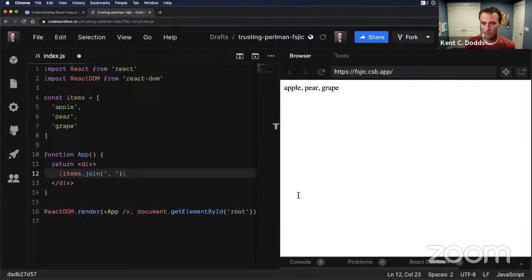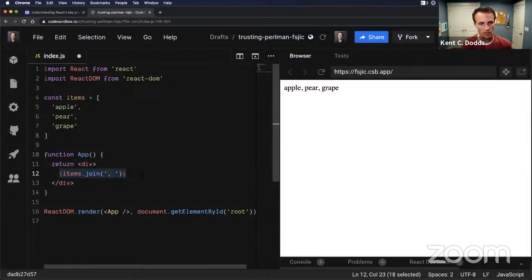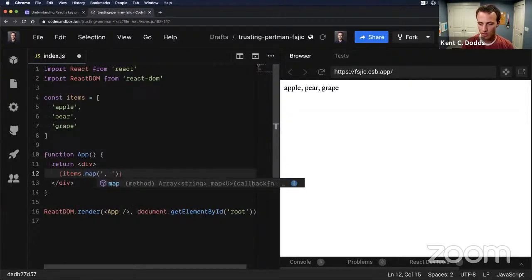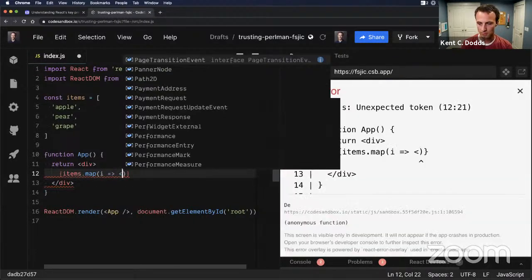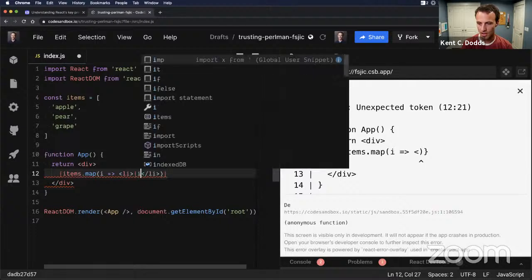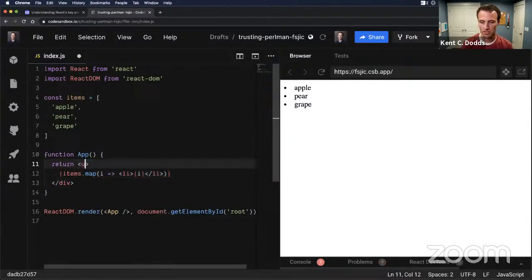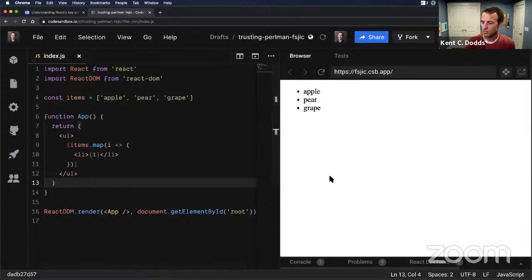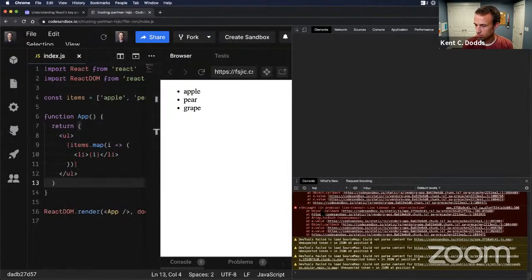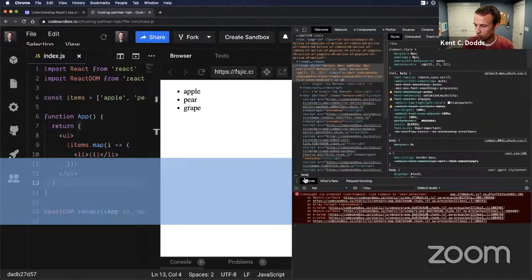We're not going to get a warning for this because these are primitive values, right? So that's no big deal. So then let's try to do a .map and map these to React elements. So here we're going to say map this item to a list item that has an key for the list item, and we'll make this an unordered list. Okay, cool. So now we're actually going to get this warning in our console,